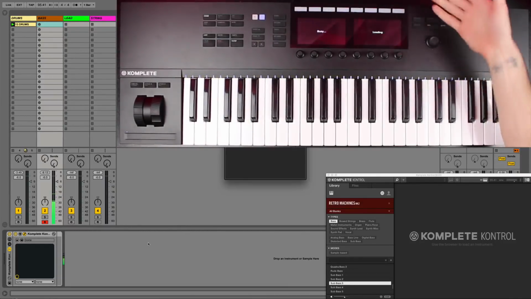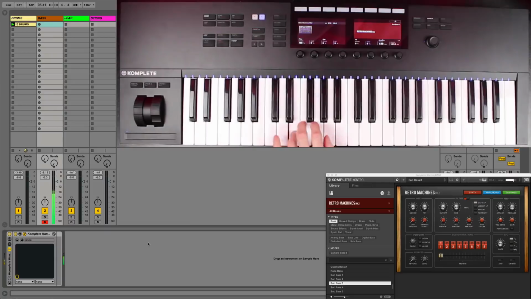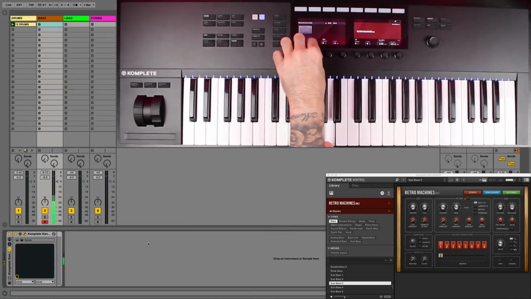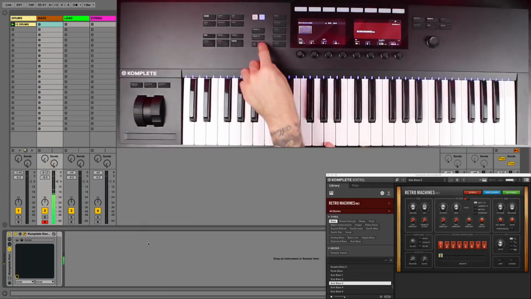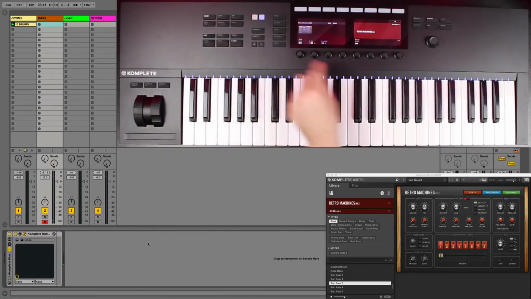And then all we have to do is hit load, it loads straight away, and then we can modify this bass sound using the native map at the top here. So we've got pages upon pages to flick through, and we'll just make this sound our own. So I'm going to make it a little bit fatter, add a little bit of reverb, and I could do this with the scale function, but I'm just going to turn chord on,